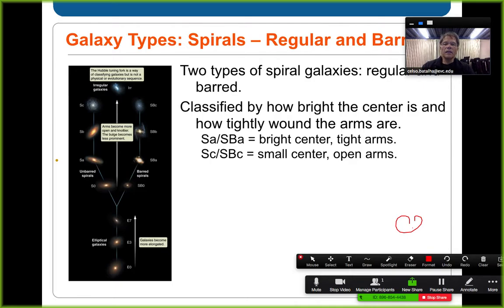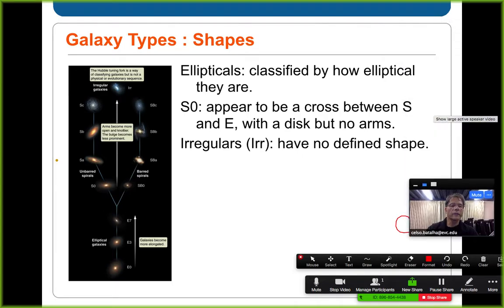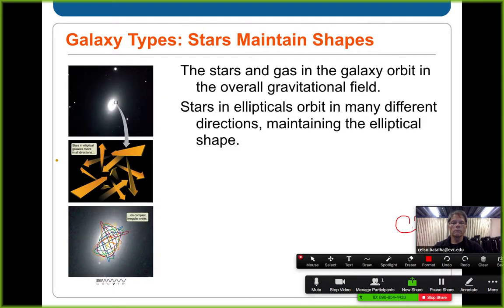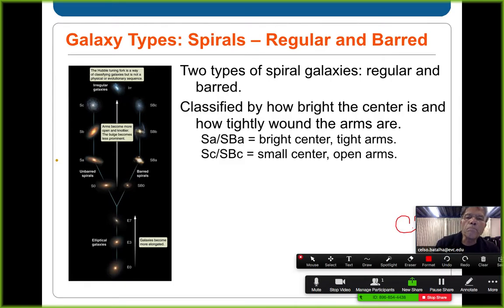Again, SB, B stands for bar. So SB, this capital B stands for